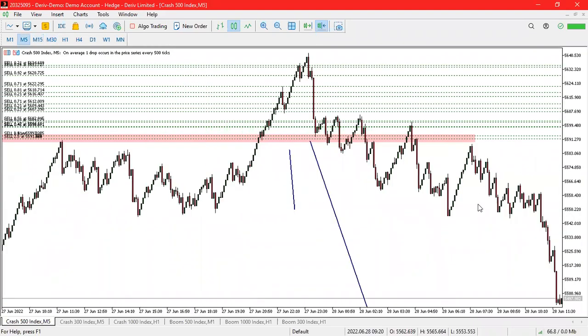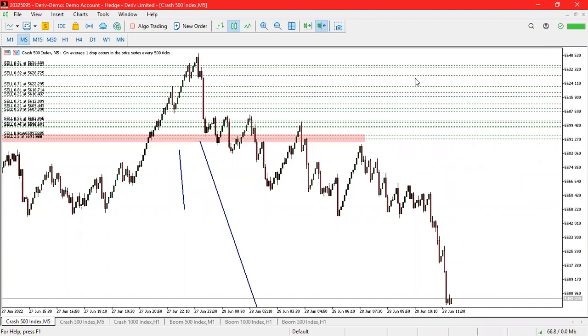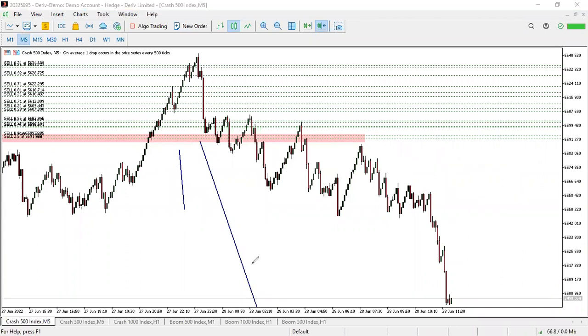You see, this is a nice check. I told you, guys, when it comes back, it will come with a high momentum. That's what I'm telling you every time: never buy crashes. Check what happened. You see, this was just a kick out. Then from there, what happens? A nice drop down. So let's check other spikes.